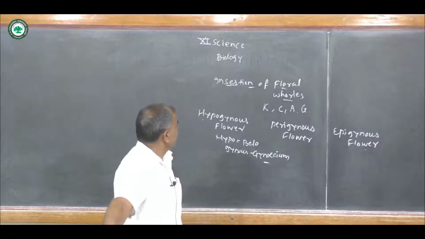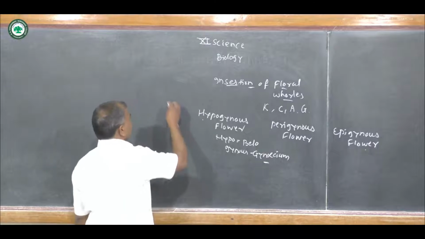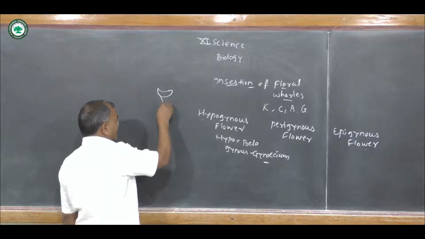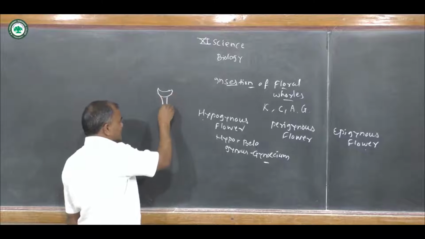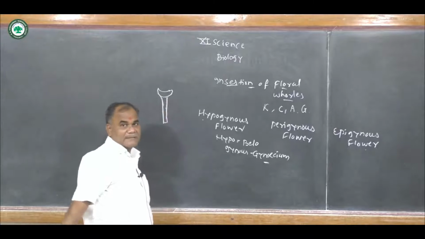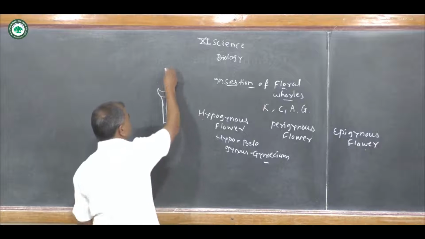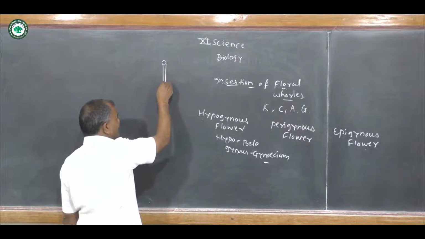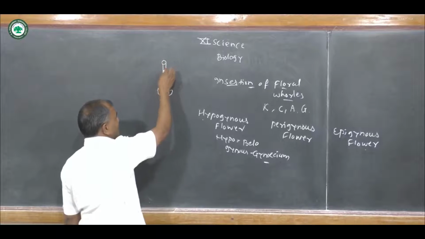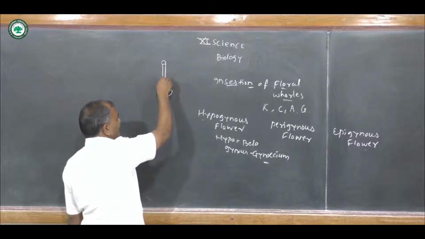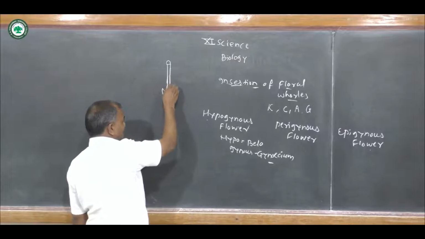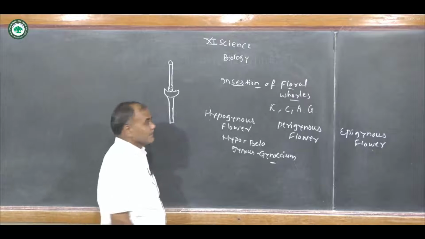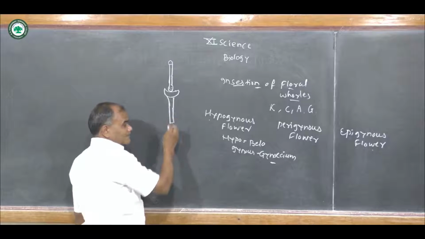If we see here, what type of arrangement can be seen? The thalamus is cup shaped, saucer shaped, concave or convex. On this thalamus, the central part is known as the gynoecium. The upper part of this gynoecium is the stigma. Then the long and elongated fiber-like portion is the style, and the basal swollen part is the ovary.